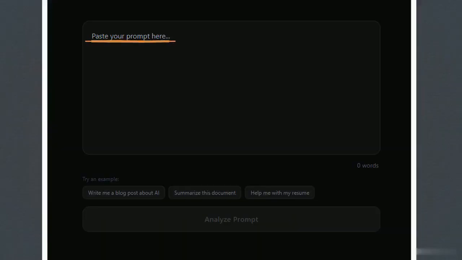Grab a failed prompt of your own, put it through the system, and identify the invisible flaws holding it back. Systematically diagnosing your